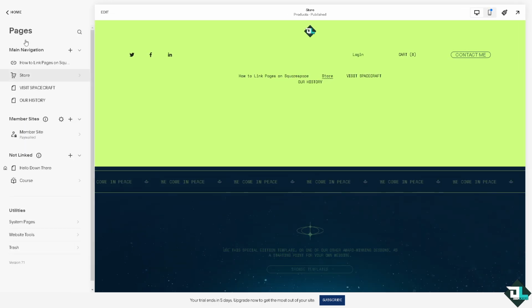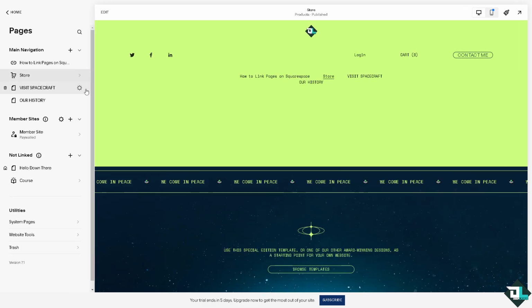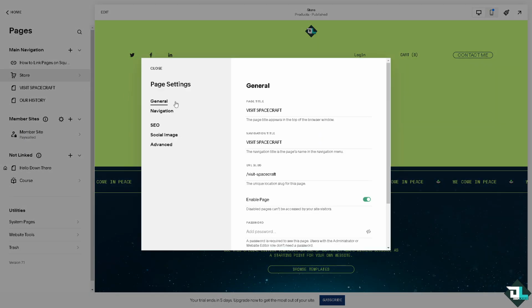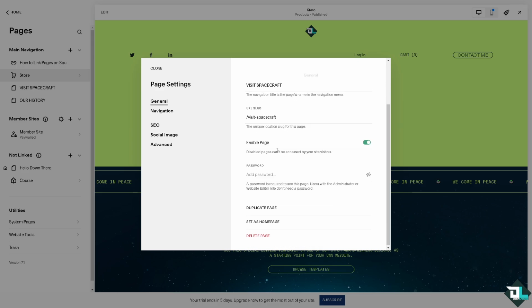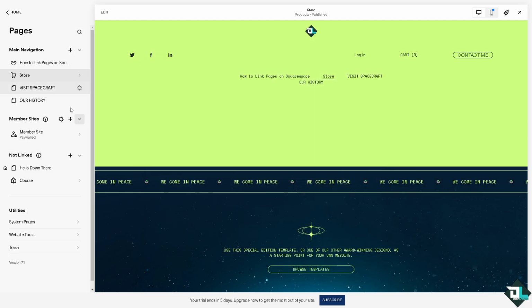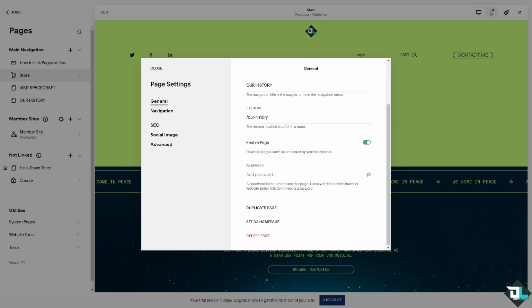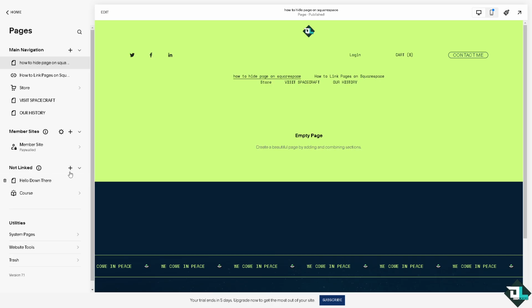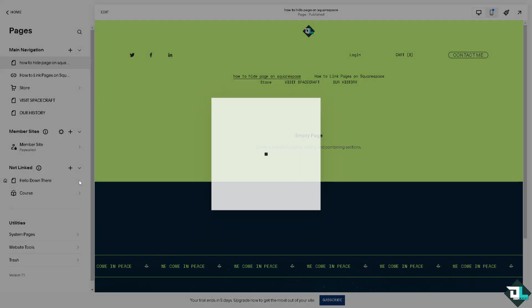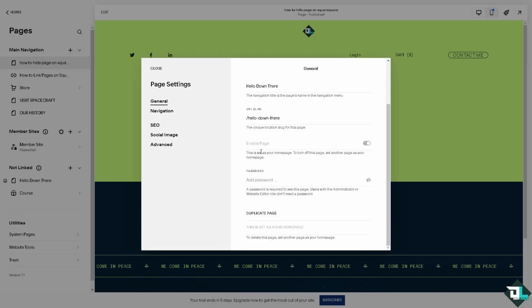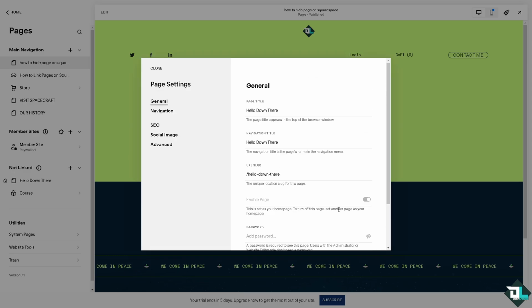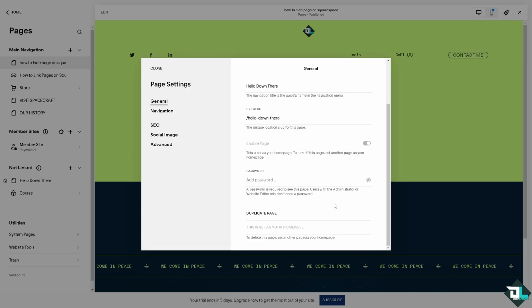I'm going back to the pages. Another option that you can do is click on the gear setting here. Now here on the not link option, you can also do the same because hiding a page on Squarespace can be an effective way to manage your